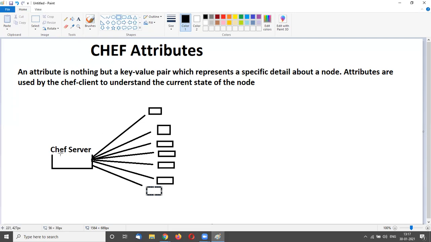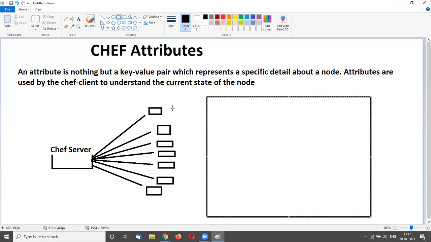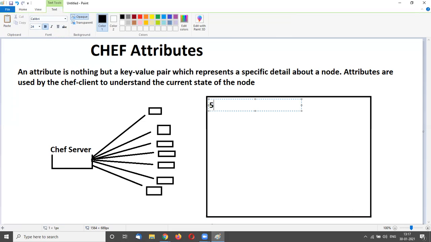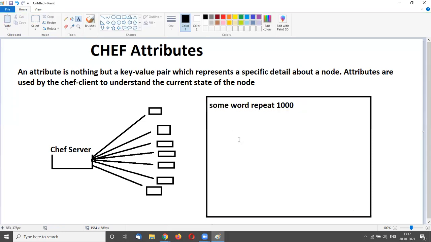So if I write code for a machine, the IP is repeated 50 times in my code, and some words are repeated 1000 times. If I need to change some words, I have to do the work 1000 times.